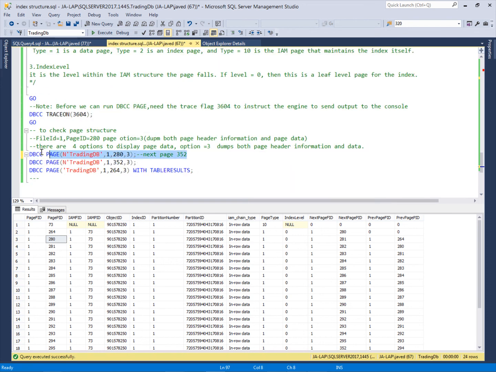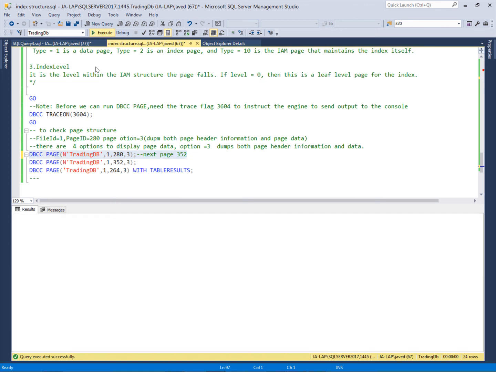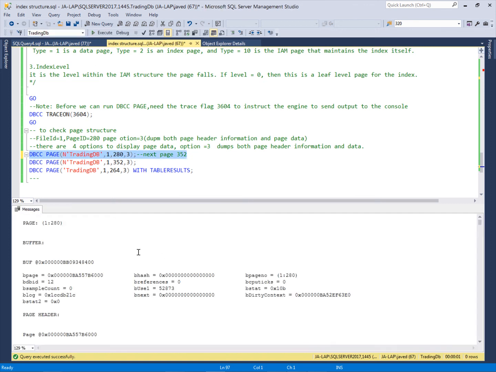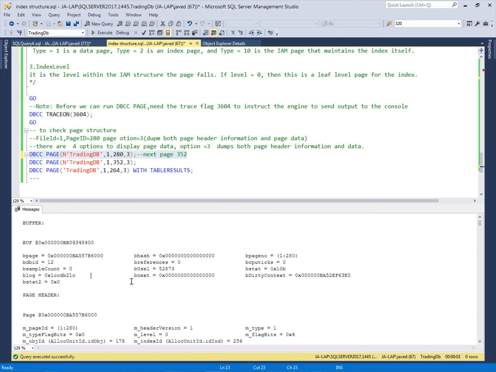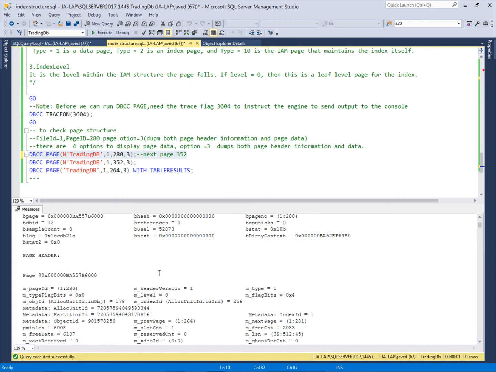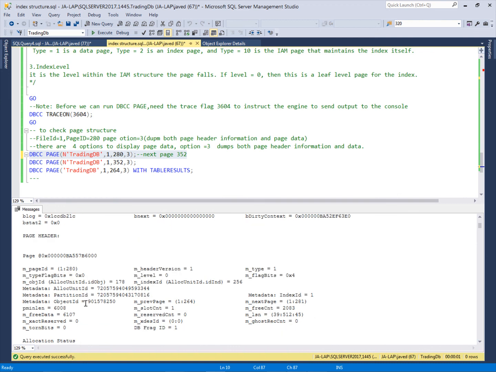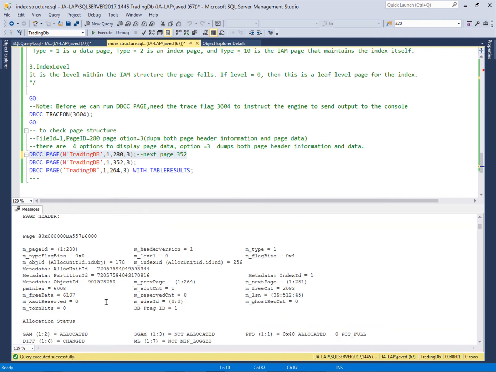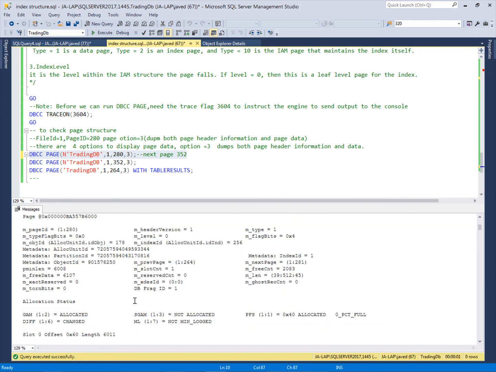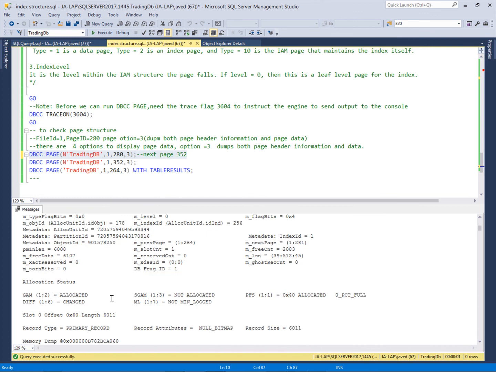If I check this one, I can find the page number, and this is the page ID, and this is all the header information: how many bytes are used, how much is reserved, what is the previous page.